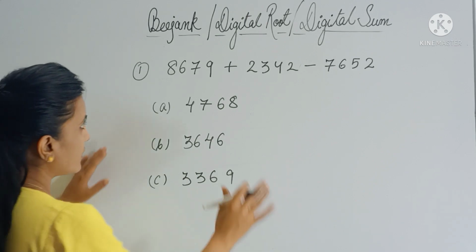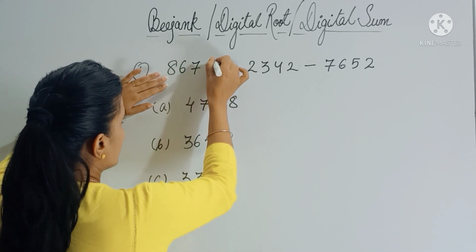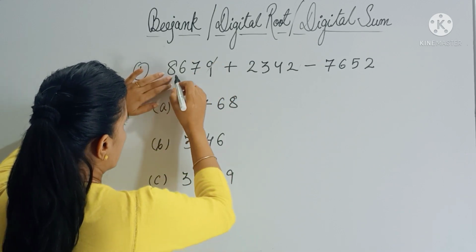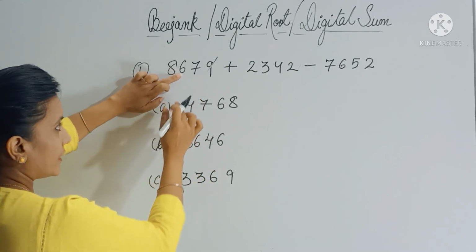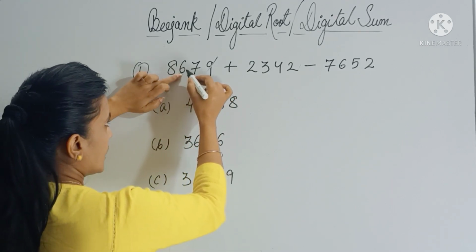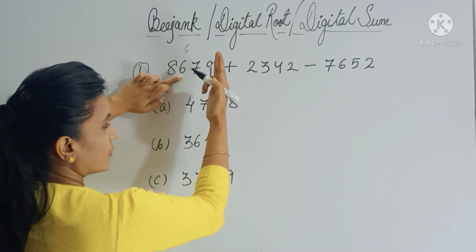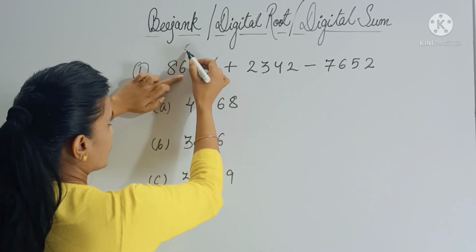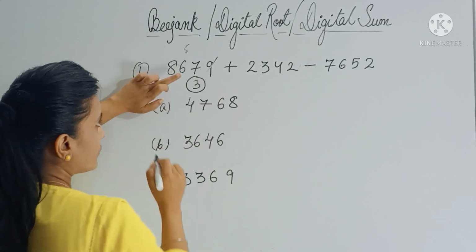You can just find out the digital root of this question. So here you can see that 9 we can strike off. Then 8 plus 1 gives you 9. So 5 is left here, right? And here you have 5 and 7, right? Now 7 needs 2 more to become 9. So 7 will take 2 from here, correct? So 3 will be left. So 3 is the digital root of this number.